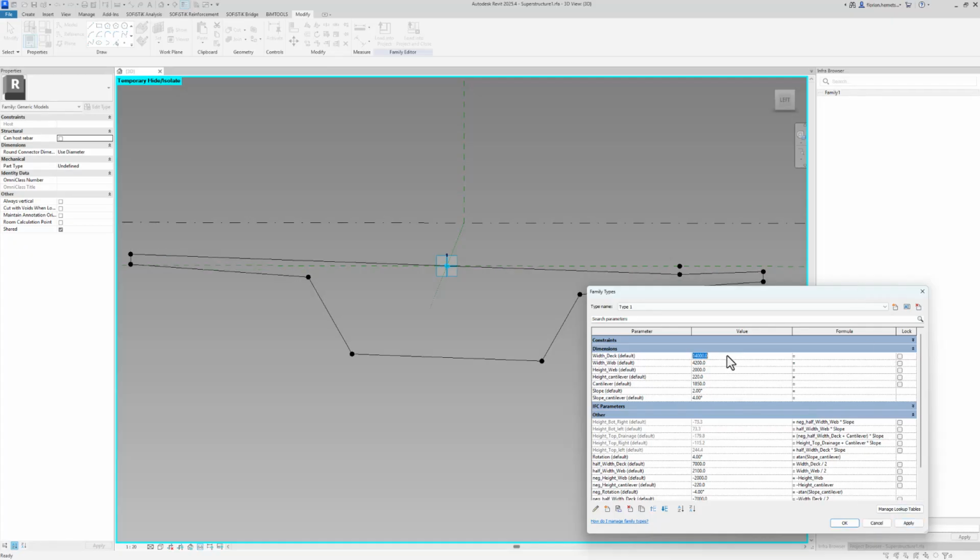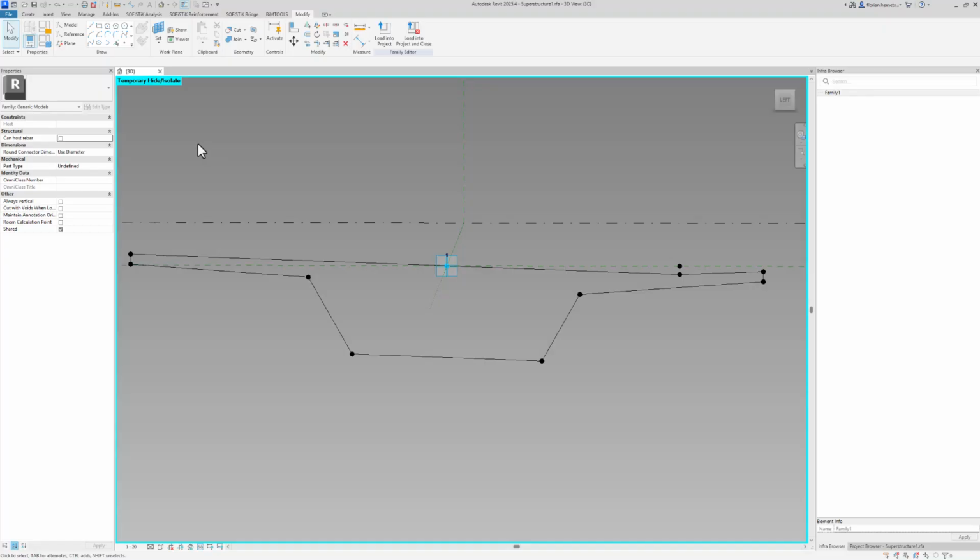Which means the parameterization can be fully checked directly in the family. If everything's working, you can see here the intersection was found immediately by the program without further input. Let's click on OK and create it in a project. By the way, you can also reset the temporary height, and you can see here much more information available now. It's simply easier to create the intersection if you clean it up a little bit beforehand.